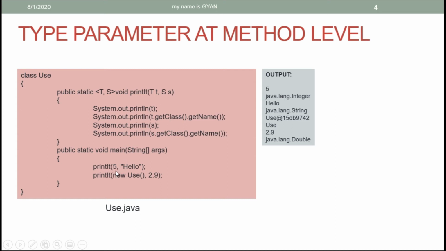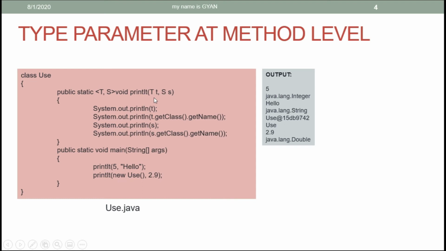So when we pass 5 to the variable of type argument T, and when we pass hello to the variable of type argument S, then 5 will be stored in the reference variable t and hello will be stored in the reference variable s. Now when we call t.getClass.getName, it will print java.lang.Integer, and when we call it for hello, it will print java.lang.String.